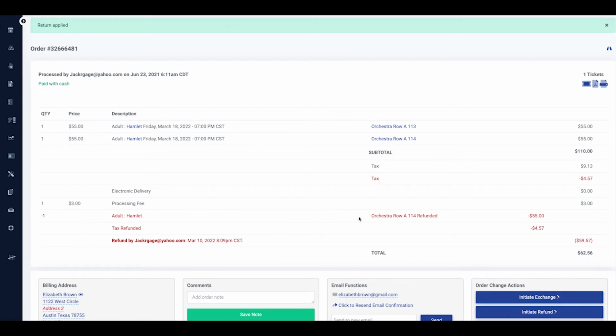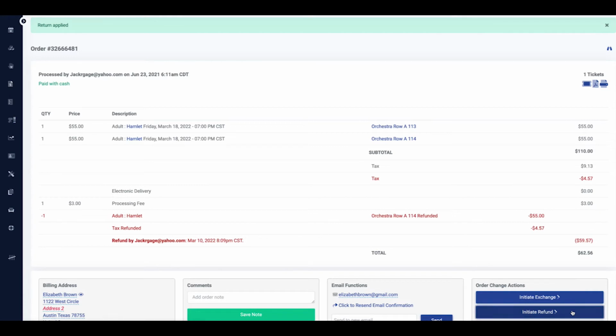It's important to note that processing a refund for an order paid by credit card will return the money back to the customer's credit card right from within ThunderTix, so there's no need to log into your payment gateway to handle refunds separately. In fact, for accurate reporting, you should perform all refunds in this manner. At times, customers may request a refund whether they were dissatisfied with the event or unable to attend. There are two types of refunds.